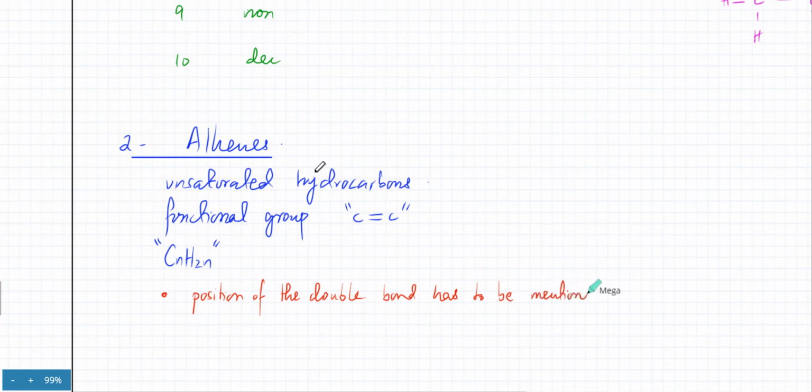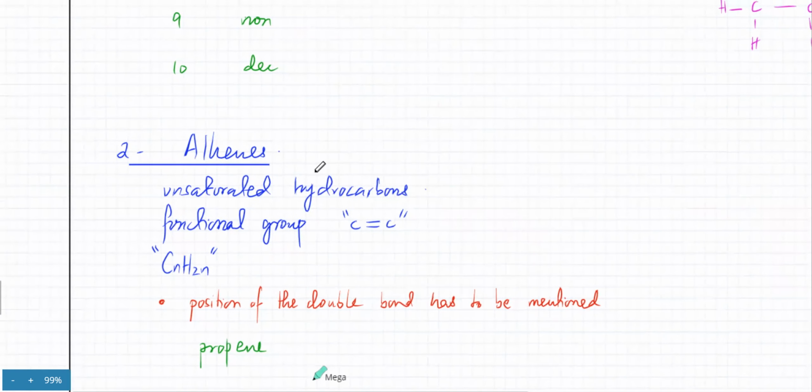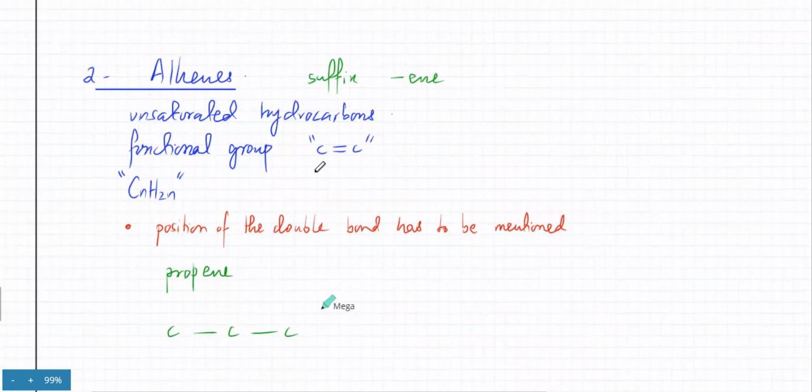So, as an example, let's talk about propene. Now, how many carbon atoms would it have? I'm going to write this suffix over here. The suffix is obviously "ene." The name is going to end with "ene." So I have a propene molecule. Prop is 3 carbon atoms, so that's 1, 2, and 3. And since it's an "ene," there has to be this double bond somewhere. So it could be over here, or it could be on the other carbon atoms.